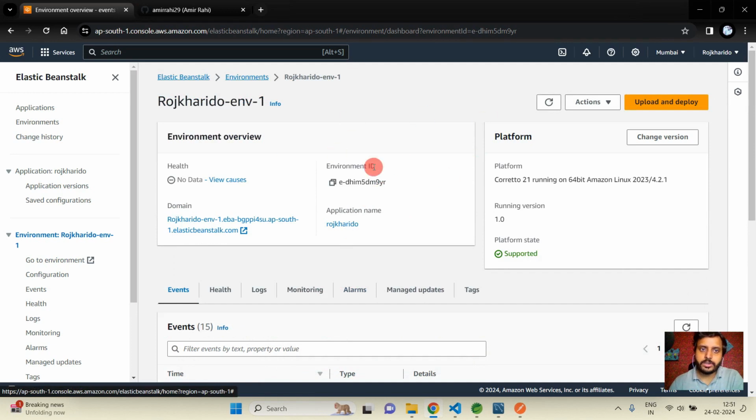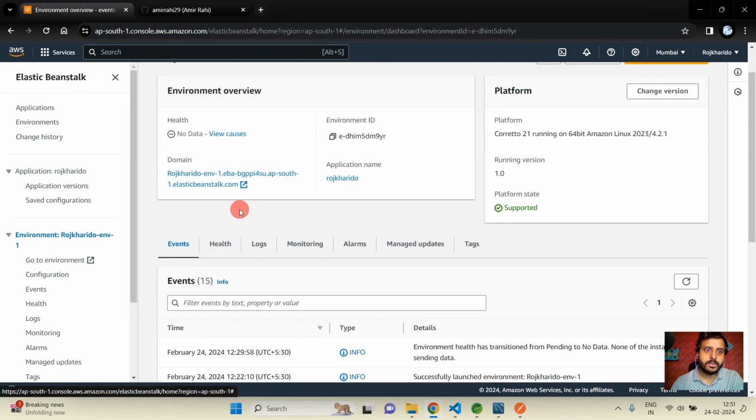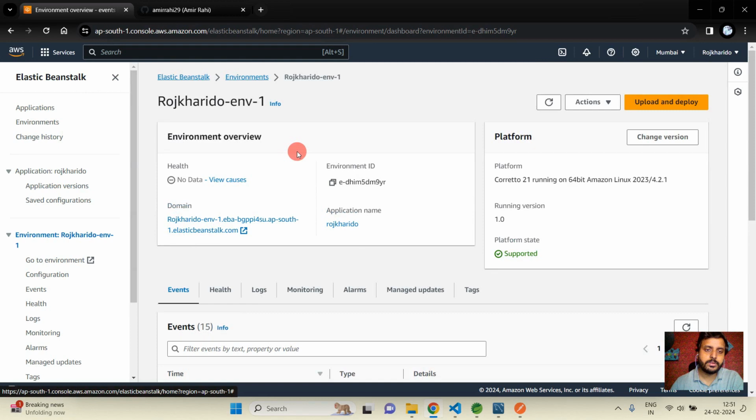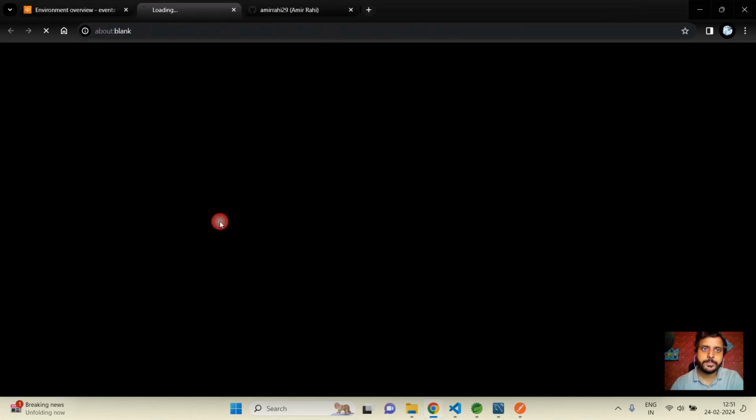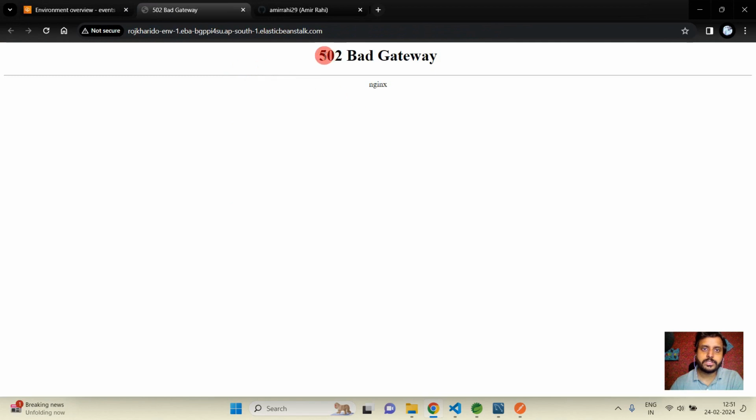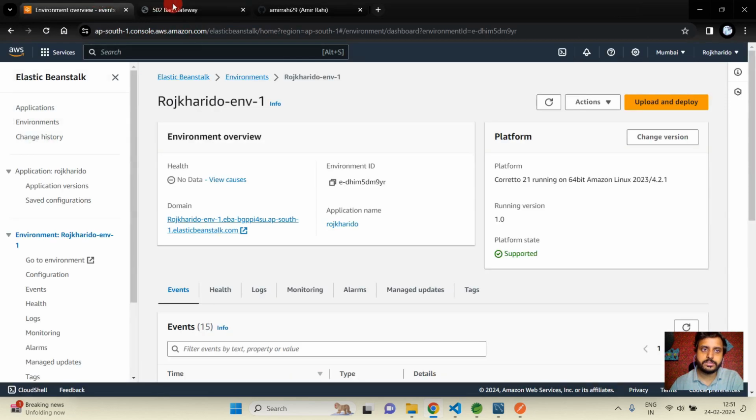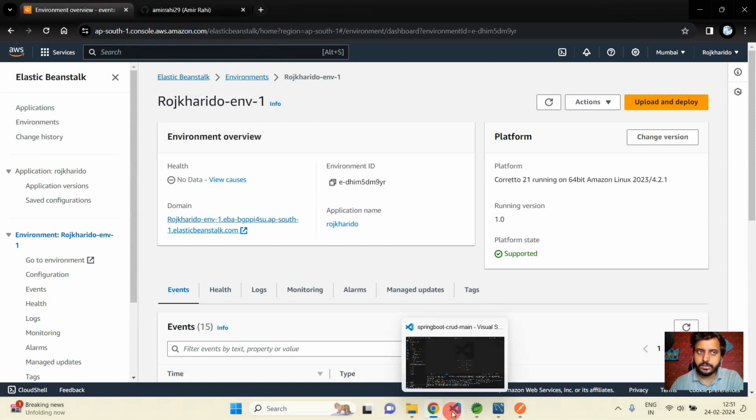Here you can see our server setup is completed, and this is the domain name. So now I'm going to click on this domain. Here you can see we are getting 502 Bad Gateway. Okay, so I think I have made some mistake, so now I'm going to close this and